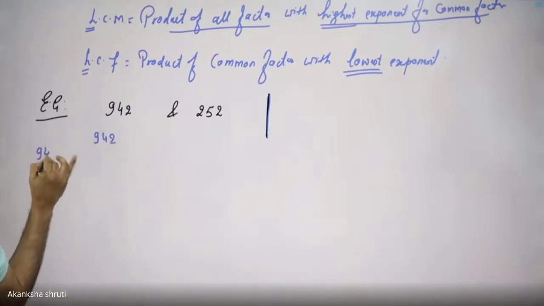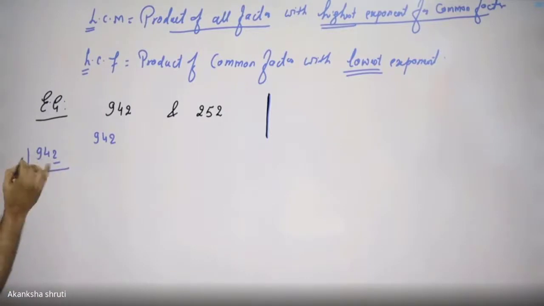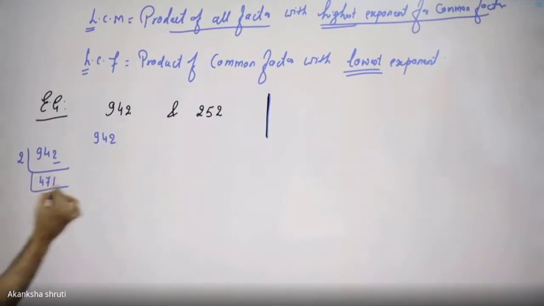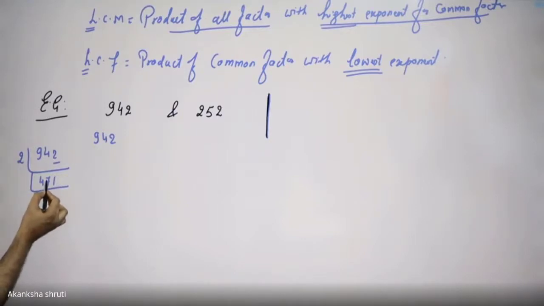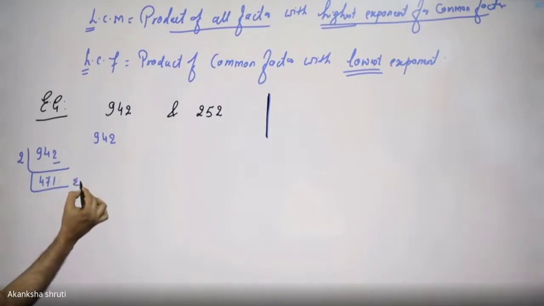See this? Factorize it. Unit digit is 2. So it is divisible by 2. Go for dividing this 942 by 2. It will be 4 times 2 is 8, 1 is there. It becomes 14. So 7 and it is now 1. Very good. Now it is not divisible by 2. So we shall now go for the 3. For checking the 3, we have to add the digits. Say 4 plus 7 is 11 plus 1 is 12. Means sum of the digits is 12.